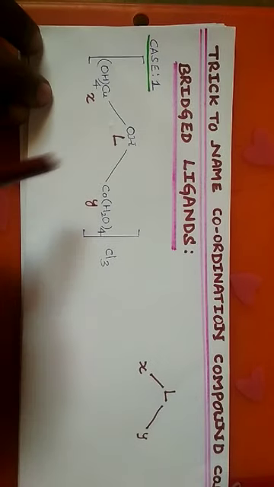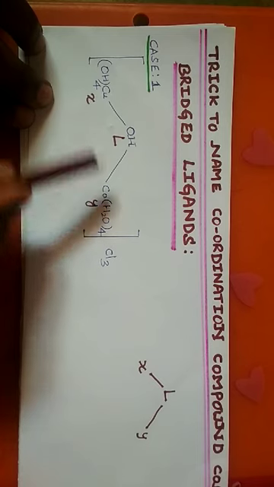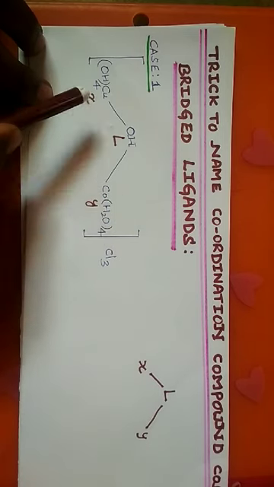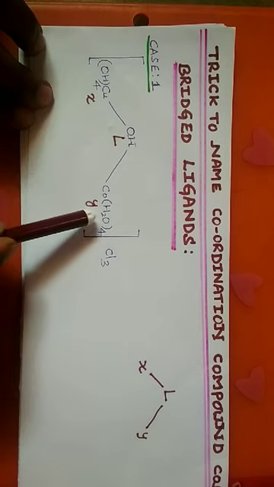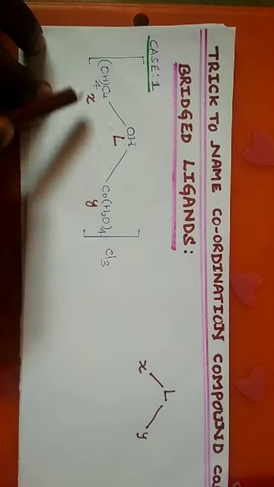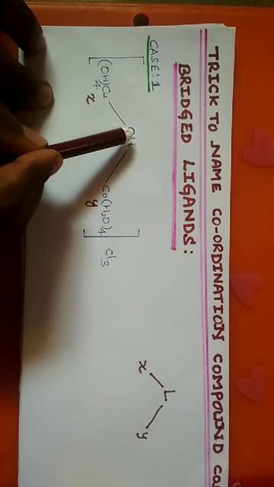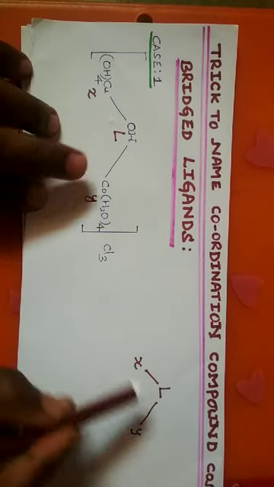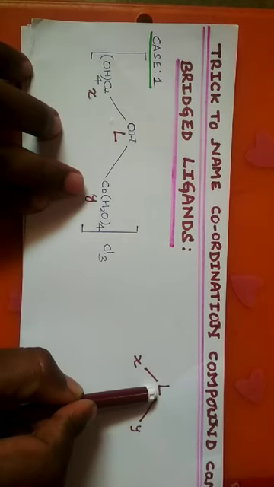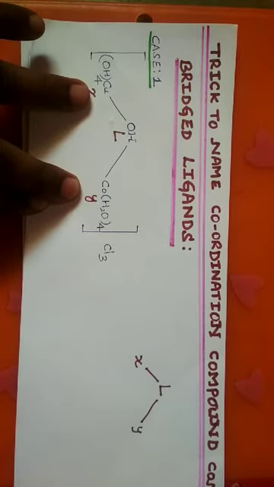Case 1: the ligand is at the center, and two different groups are attached on either side, left and right. This is X and this is Y. Both X and Y are different groups which are bridged to a ligand at the center. This can be written as the ligand in the middle, the group Y on the right side and the group X on the left side.